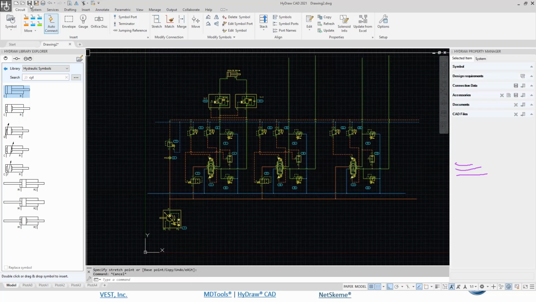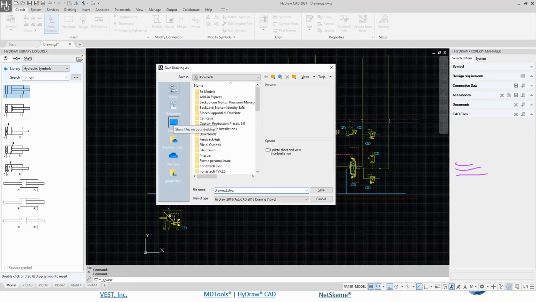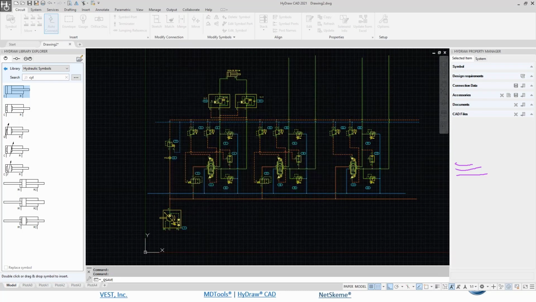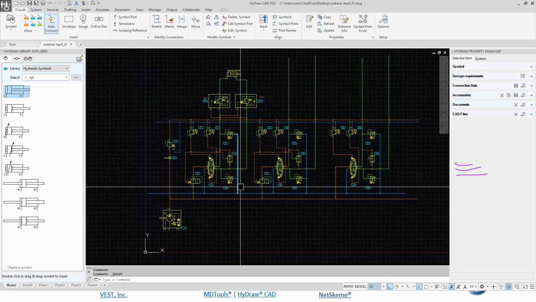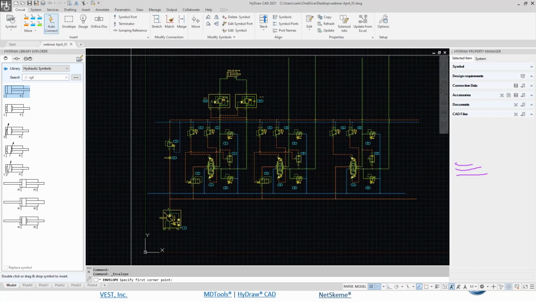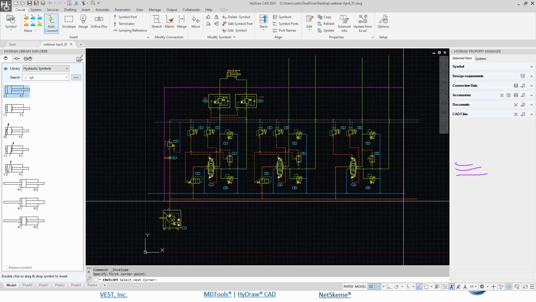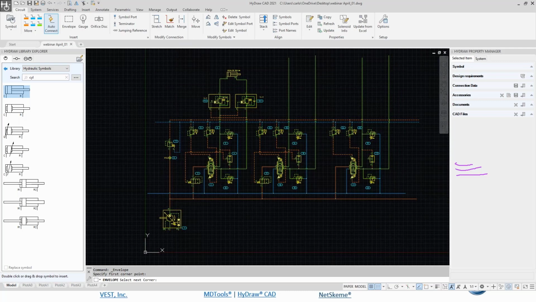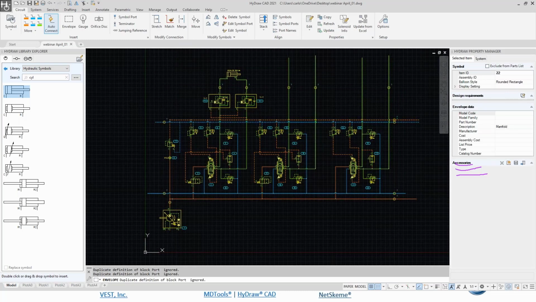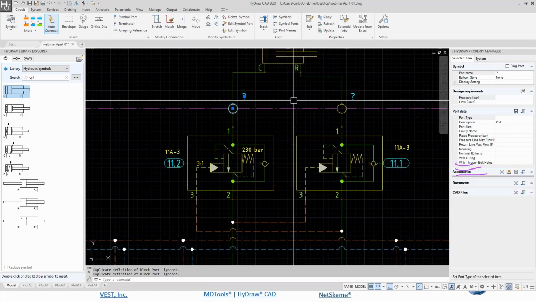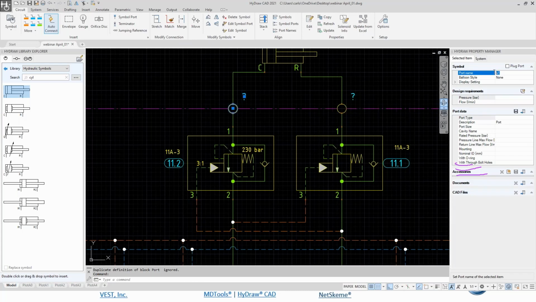Well, let me save my diagram. We save it on our desktop and say webinar April 01. Now I want to group all these items into an envelope. So I create an envelope, and the envelope is crossing all my connection lines. When the envelope is crossing a connection line, it will break into external ports. So this one may be our A1 port